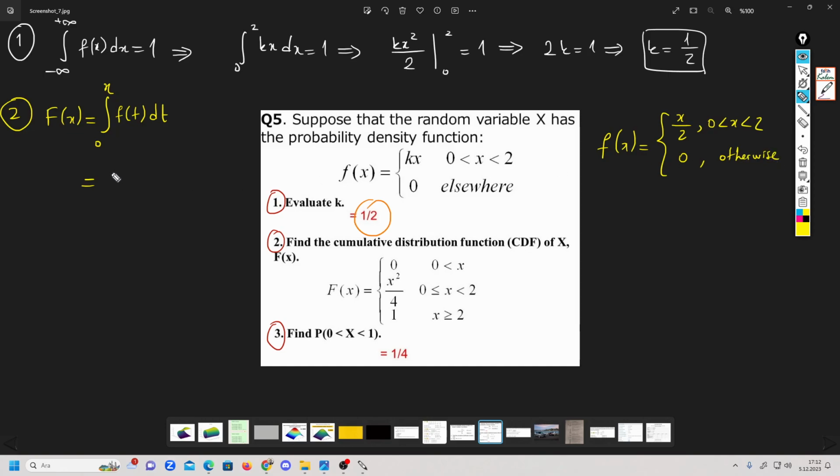And then we get what? Integral from 0 to x of t dt, t squared divided by 2, so t squared divided by 4 from 0 to x, so we get x squared divided by 4. It is valid for x between 0 and 2. So the rule of construction